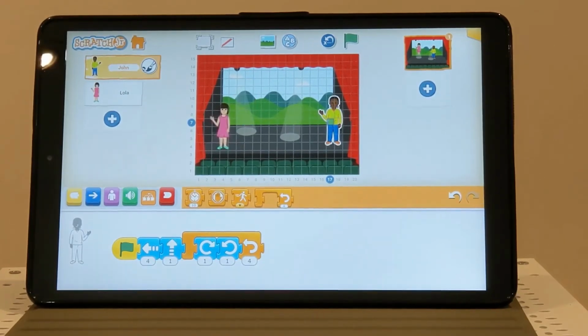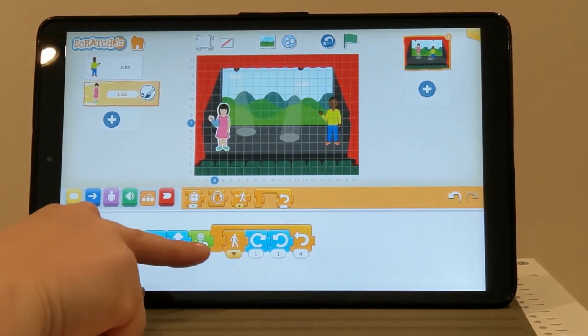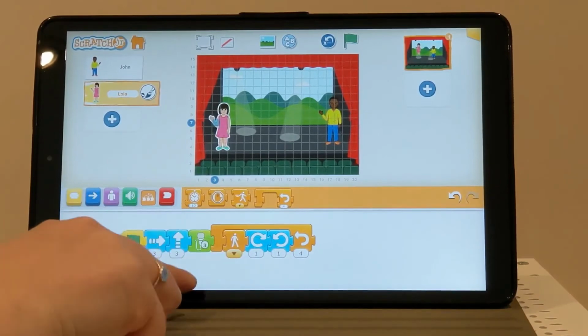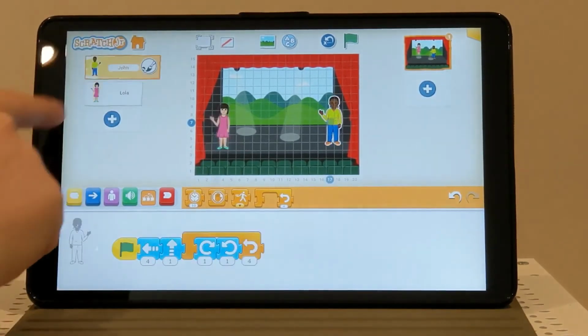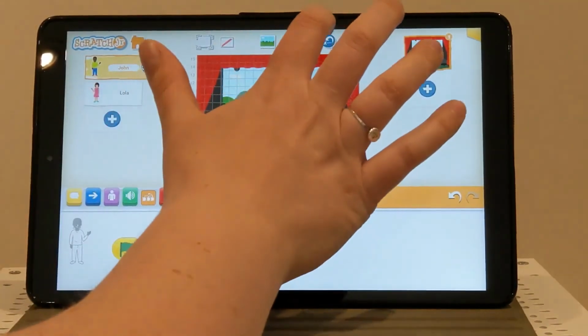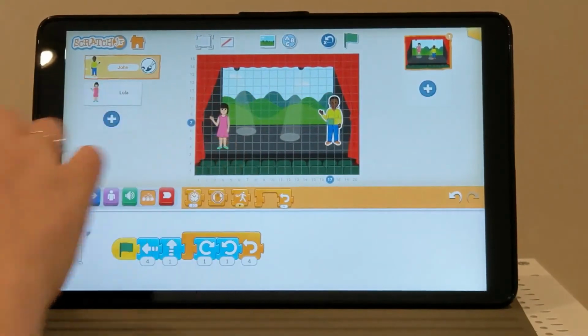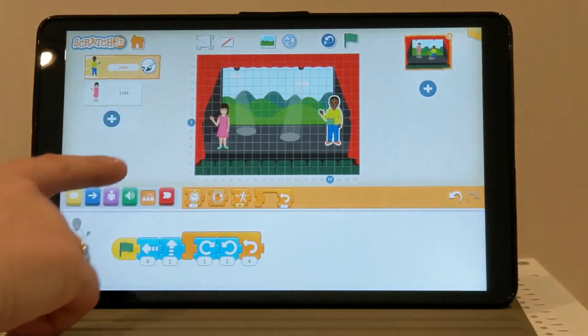Our characters are not dancing to the music at the moment, so a little trick that I have worked out is that you can actually put the music on Lola's sequence for John to dance with, and then John's music, which we haven't added yet, for Lola to dance to. So at the moment, if we swap this over, if we get John to move a